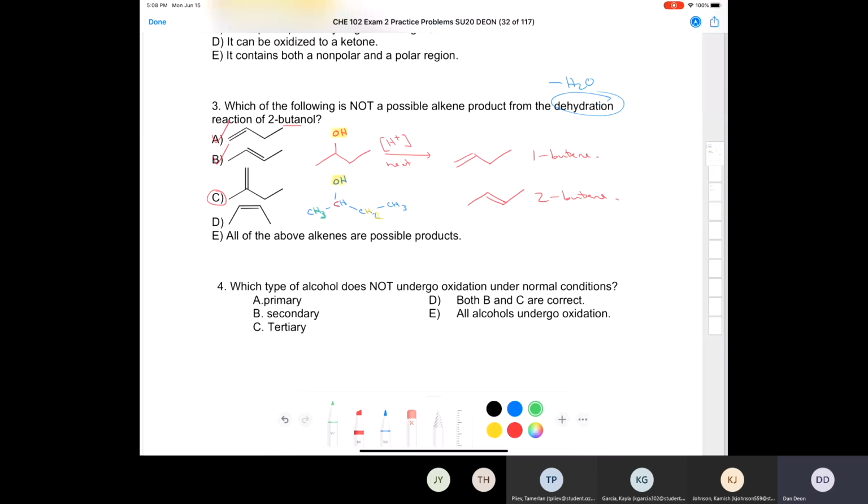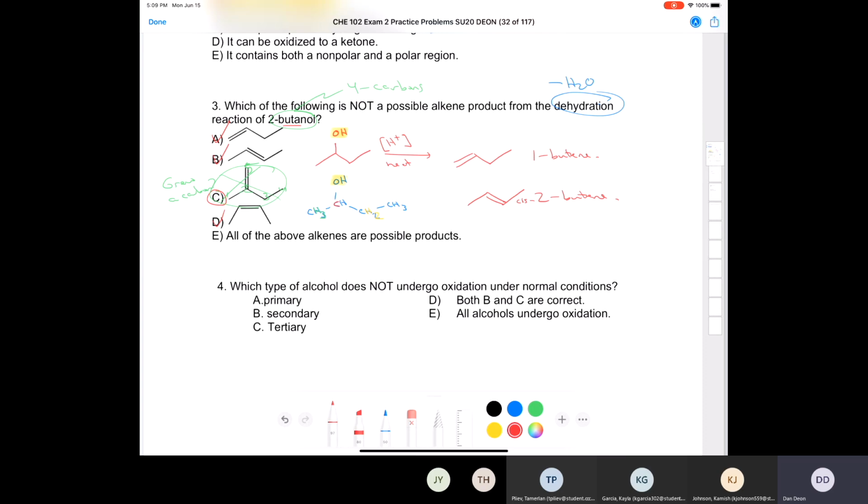Well, how many carbons are there in 2-butanol? There are 4 carbons. How many carbons are there in C? 1, 2, 3, 4, 5. That's impossible. You grew a carbon? No, that's impossible. So that must be the answer. You cannot make that molecule. You can't create matter. Now, the reason that D is a possibility is because this molecule is actually cis-2-butene, but